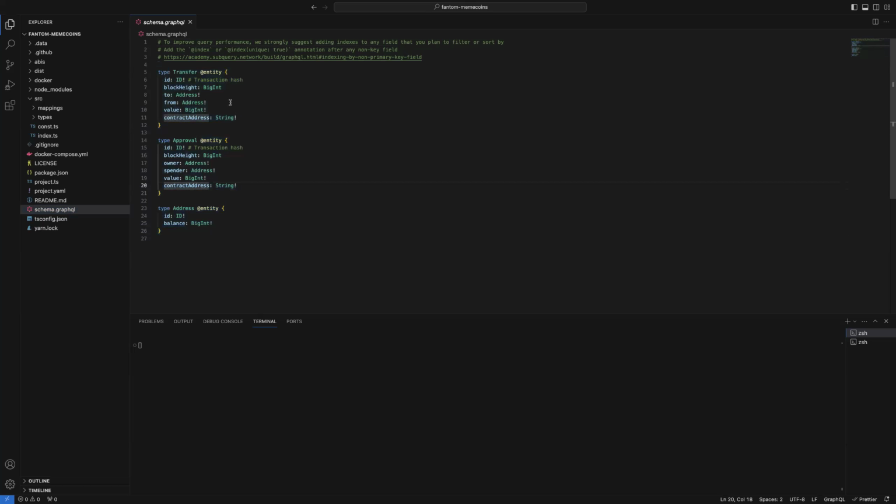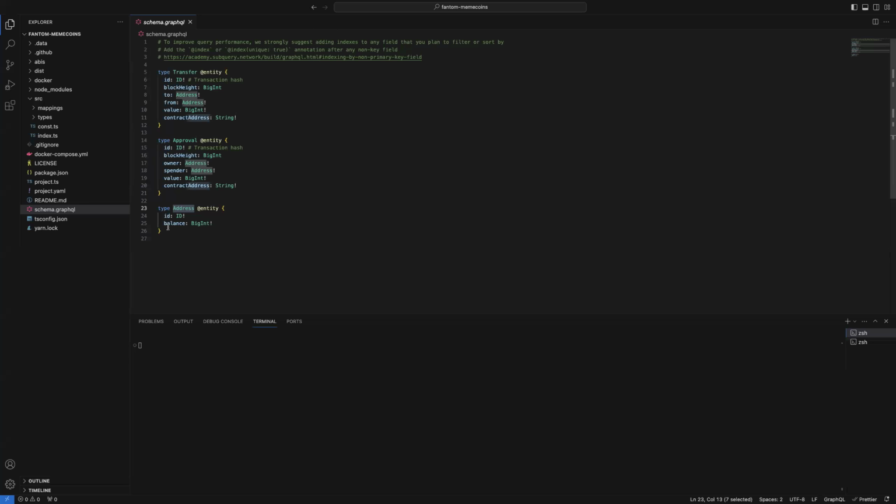We're defining transfer, approval, and an address. You can also see that the address entity is referenced as part of other entities, so we have interconnectivity between those. I'll show you the result once we've successfully launched the project.